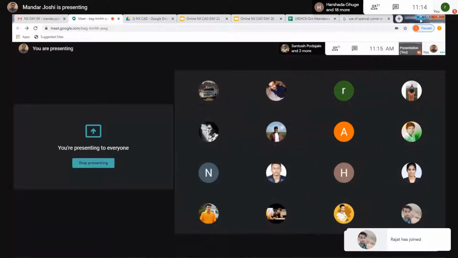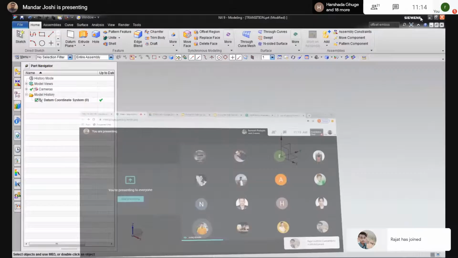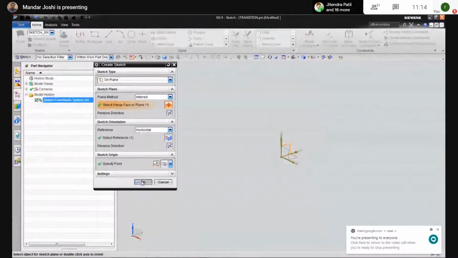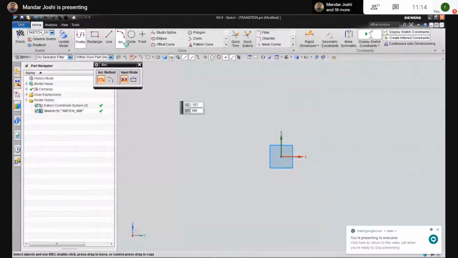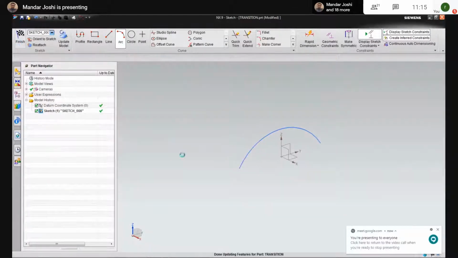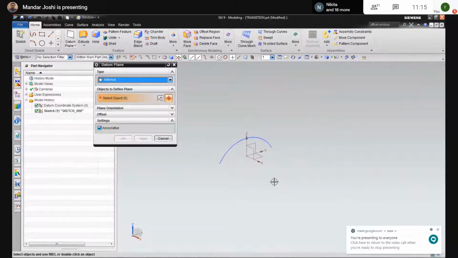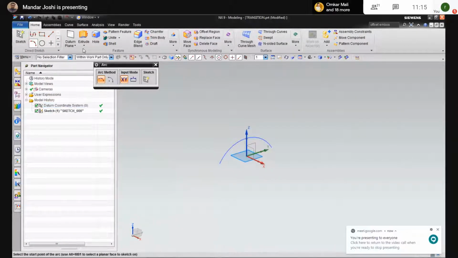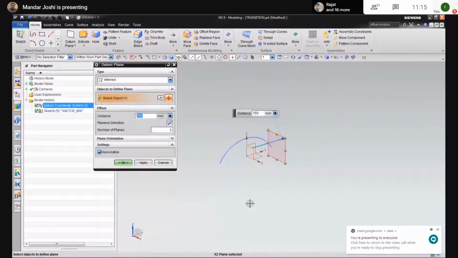Okay. So suppose we create one cross section here. There is an arc, and at a perpendicular distance again here, which is already there, I just select this arc at some offset distance.